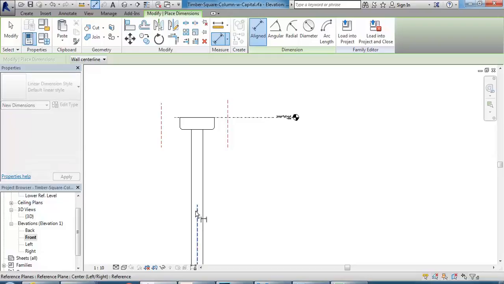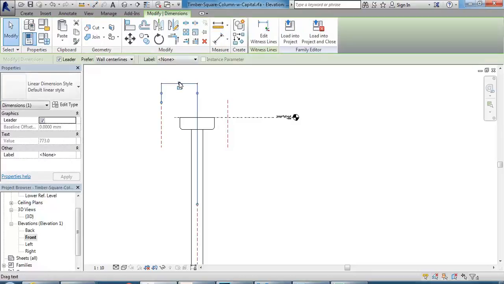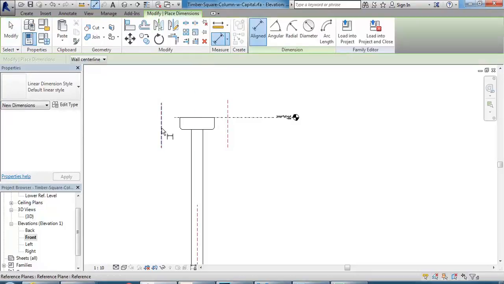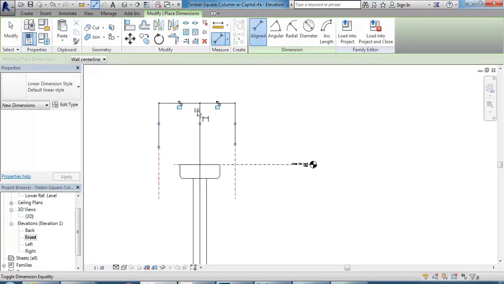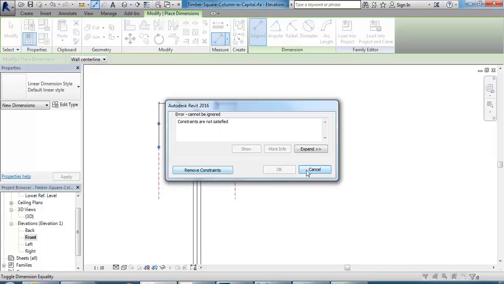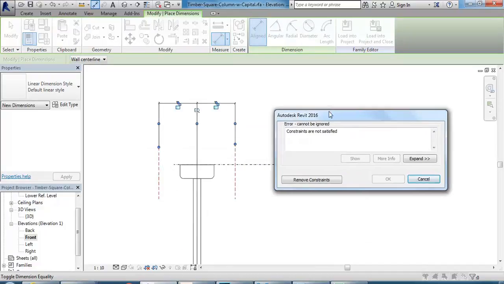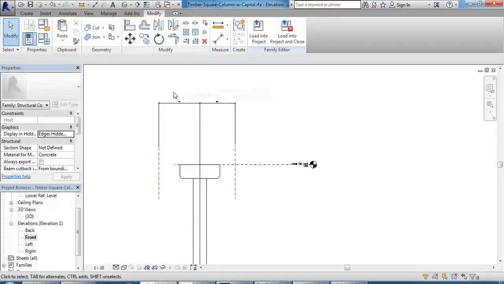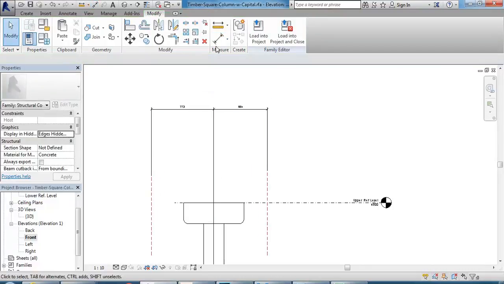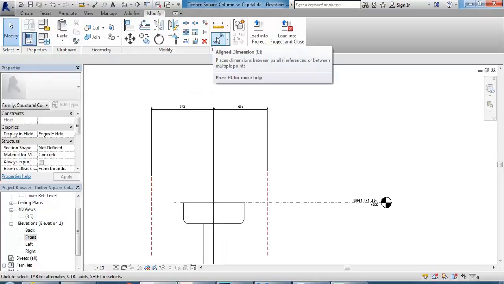So I'm going to dimension from this reference plane to this one over here, and then to, oops, sorry, I'll do that all in one go. I'll just start that again. So from here to here to here, place it above, and now this is the key to it. I'm going to make that equals, and it's going to tell me constraints are not satisfied. So I'm going to cancel that, and then I'm going to put in a new dimension